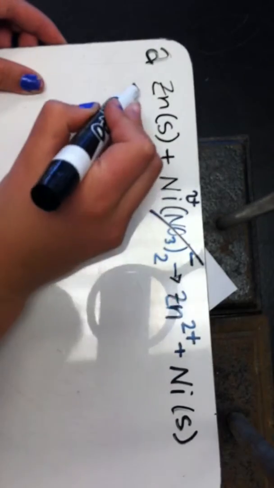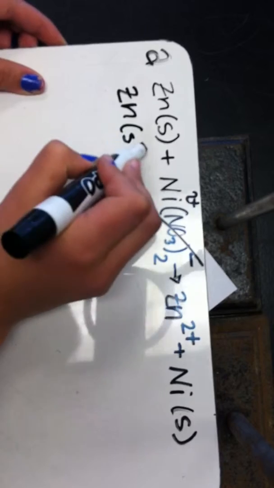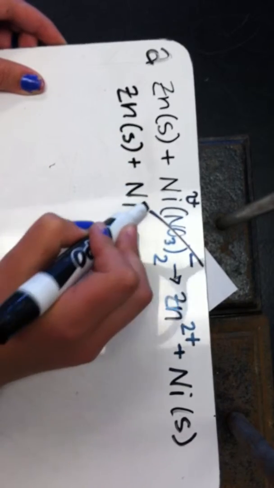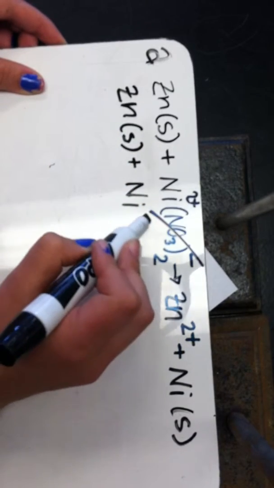And so we're left with zinc solid plus a nickel ion